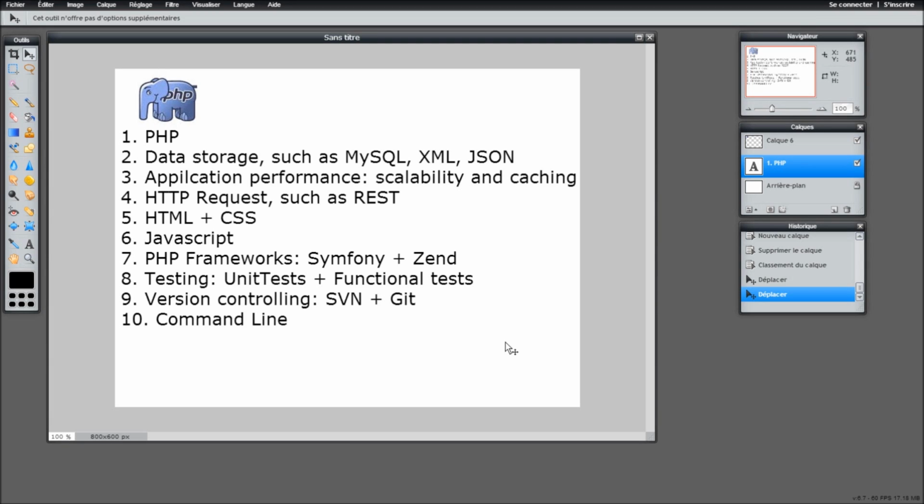So basically we need to store the data, and usually we either choose a database, which is most widely used, or files like XML files or JSON files or simple text files or whatever. There are a lot of possibilities to store data. We're going to see database, of course, with MySQL, and we're going to see XML files and JSON, which are